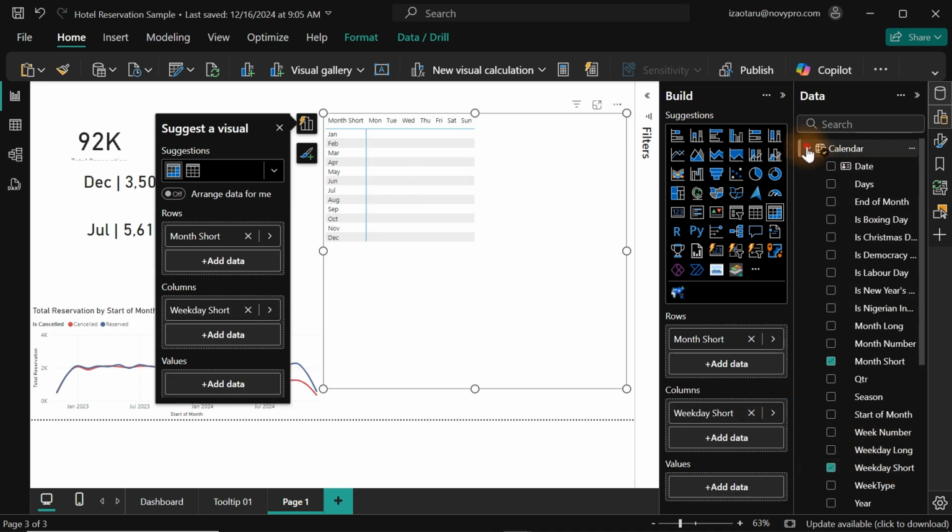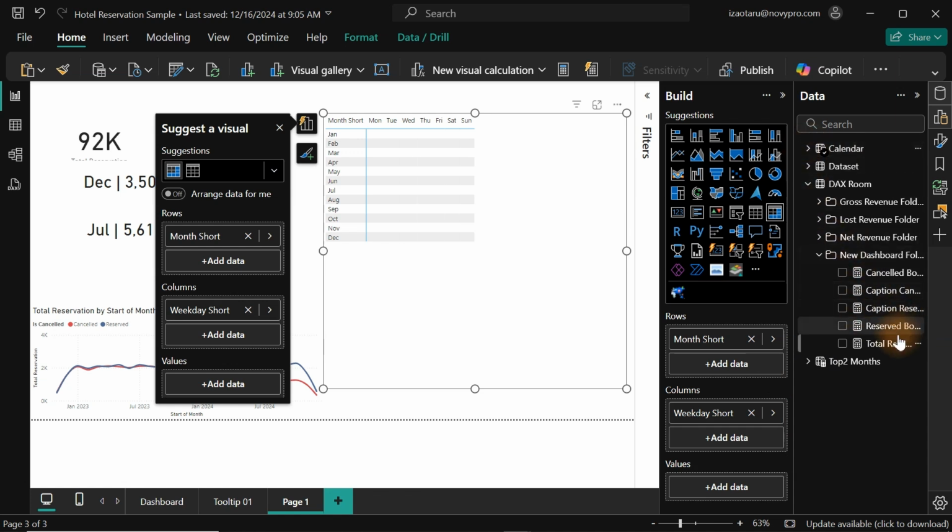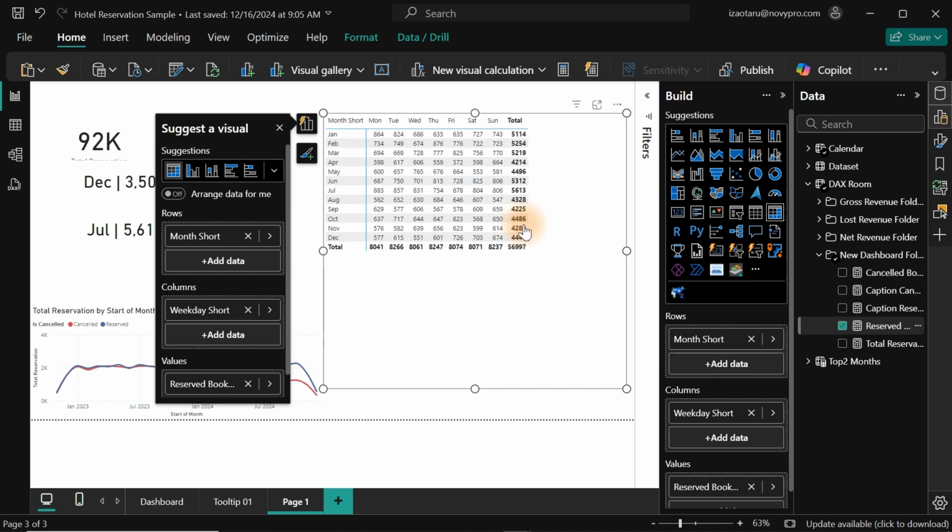The next thing we have to do right now is to actually bring in, let us do for reservation and bring it in here. So now we have all of those particular numbers here. Something very beautiful. So what do we do next? It is time for you to start customizing this. And once you are done now, we're going to write a little DAX that will actually help us to change things right here. So to get things done now, I can go over